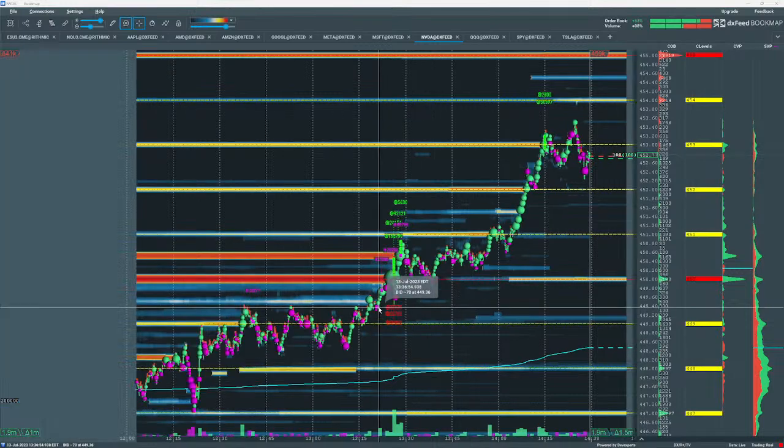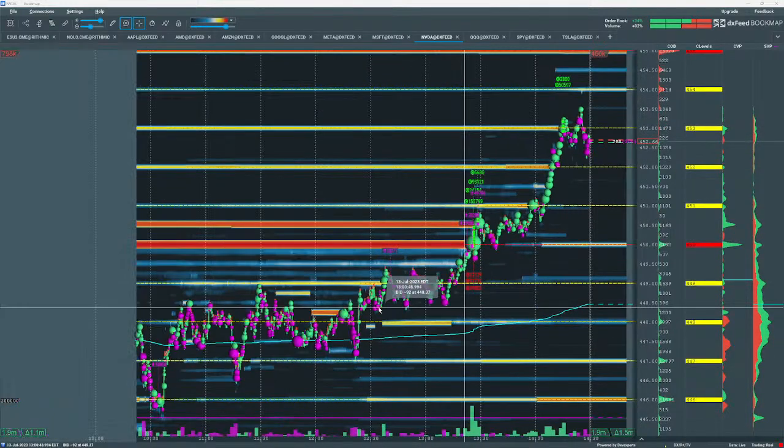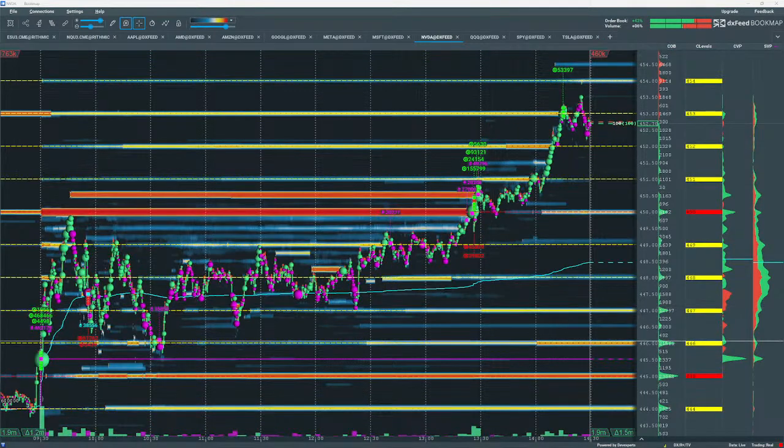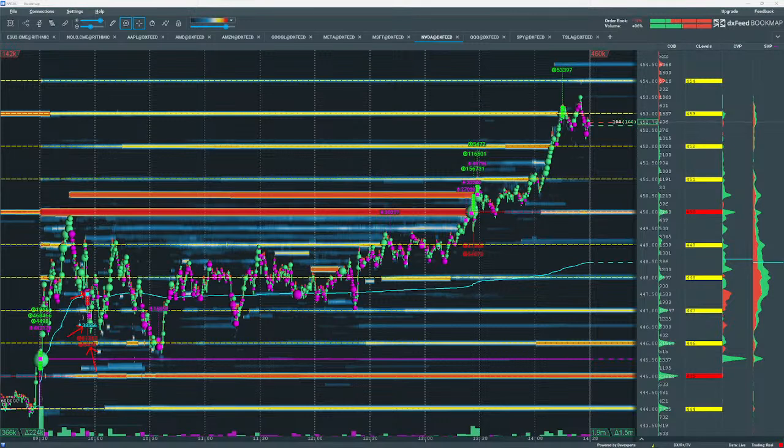That's the absorption indicators. Let's see if I can go back and see. So here's this light blue number there, also that light blue square showing buy absorption. Buyers are absorbing the sell sweep, shown with the bright red numbers there. So that is the absorption and sweeps indicators. I believe they're included with Global Plus.